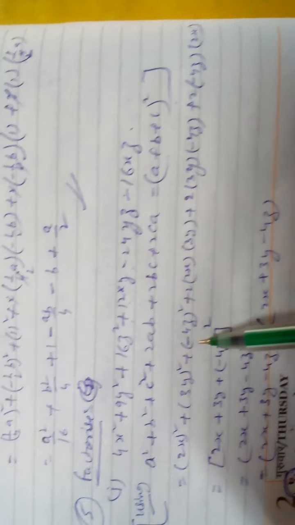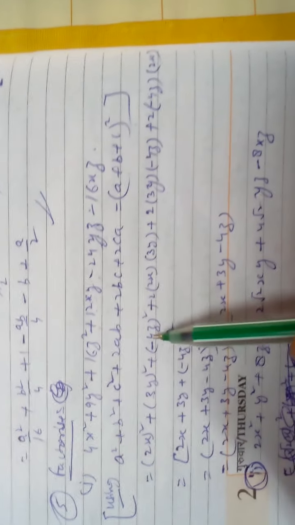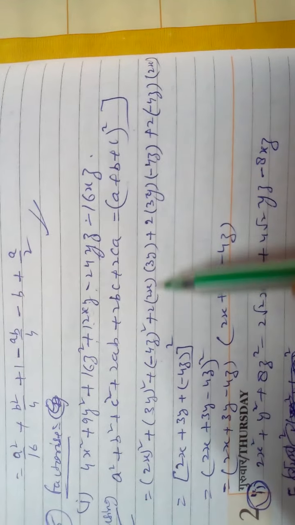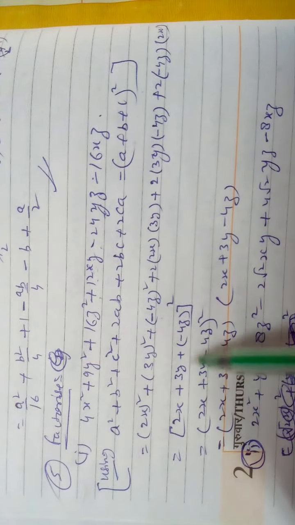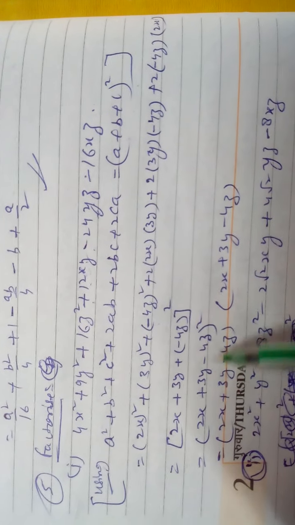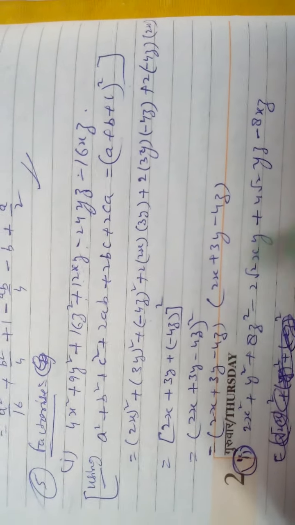In front of z I have written minus, and then you write everything in terms of positive. Then it is a plus b plus c whole square, 2x plus 3y minus 4z. You write in two brackets. Similarly, the last part,